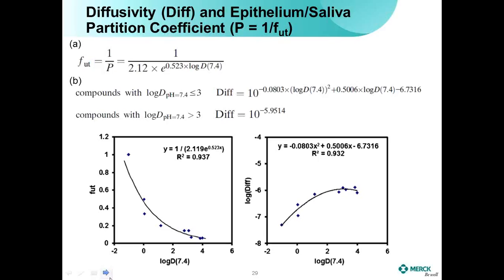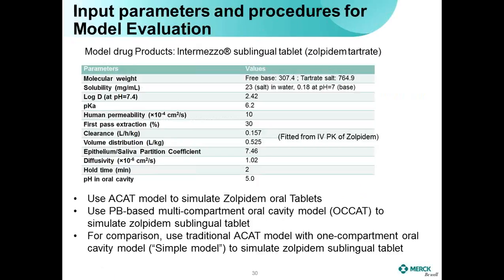Log D value is a physical chemical property. The reason to do that is to try to build generic equations, so we can estimate these two key parameters using the physical chemical properties of a compound, like log D values. This equation is already available in the program, and you can use it. Of course, you can also optimize these two numbers if you have some preclinical data.